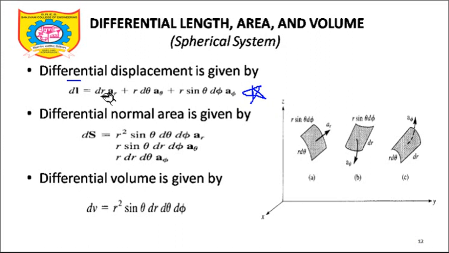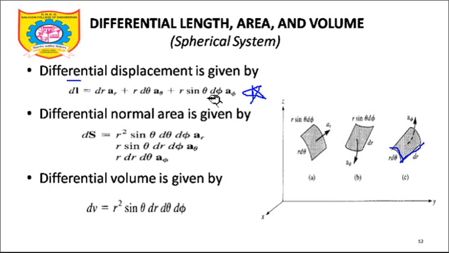Let's try it out. If it is the r theta plane, how can I remember it? See, r is varying, theta is varying, so this is the r theta plane. Theta is varying means the angle made with the positive direction of the z axis. So r is varying, theta is varying, so dr, r d theta, and the third unit vector a phi bar. So to represent a surface in the r theta plane, r dr d theta a phi bar.